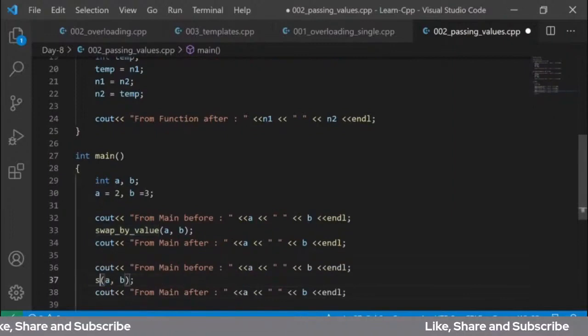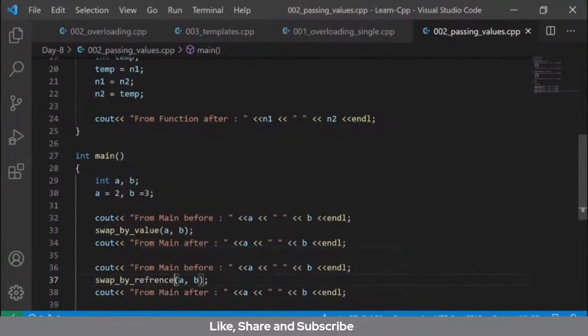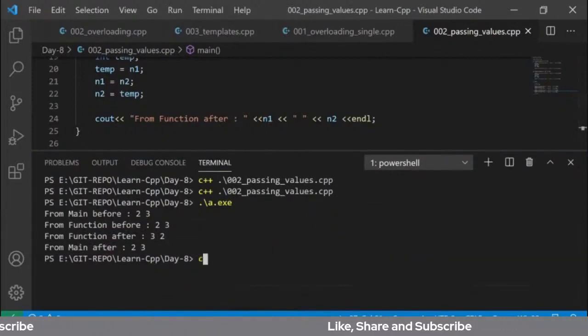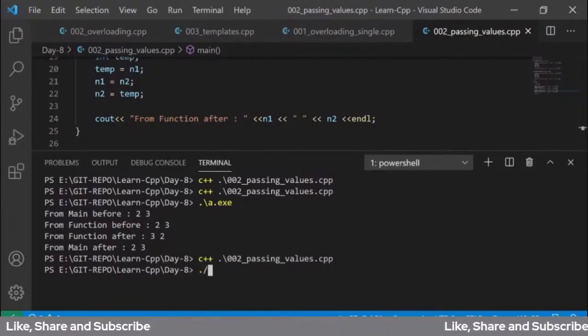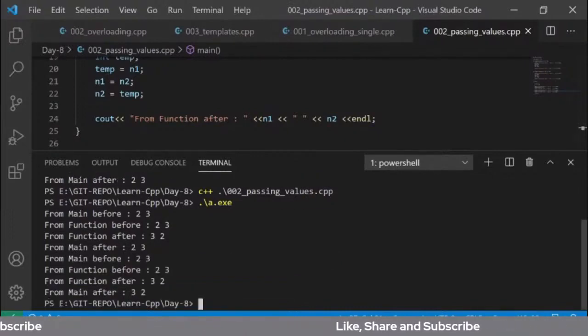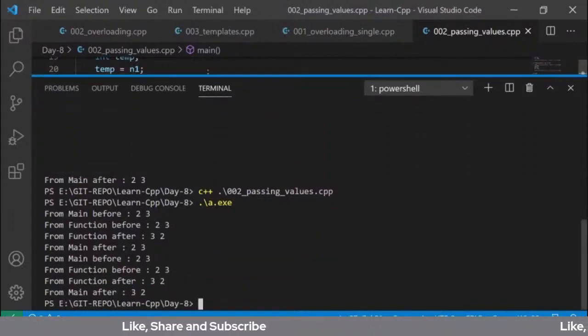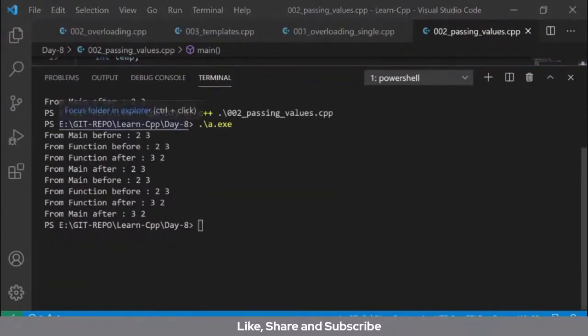मैंने इसे चेंज कर दिया, स्वैप बाय रेफरेंस। Let us see what will be the output here. अब इसके अंदर आउटपुट क्या होगा, इसको देखते हैं हम। तो हमारा आउटपुट देखो, एक छोटा सा चेंज हुआ है, ज्यादा चेंज नहीं है हमारे आउटपुट में। Let us see what has changed in our output, और ये चेंज आया किस वजह से, क्या रीजन है इस चेंज का।